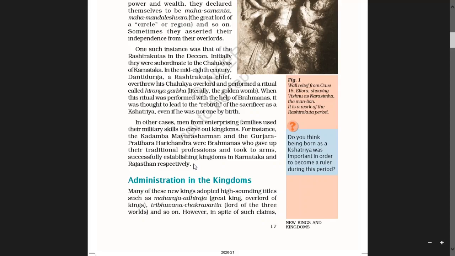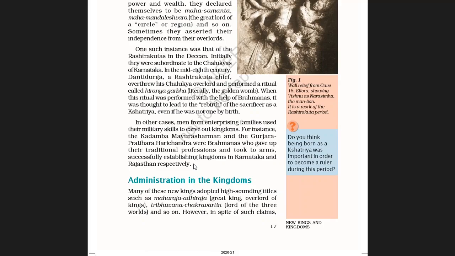See boys, there is no such thing that a Brahmin cannot become a ruler here. So it says here as example, the Kadamba Mayura Sharman and the Gurjara Pratihara Harichandra, they were Brahmins. They belonged to the Brahmin community, but they gave up their traditional professions. Traditional profession means a long established profession which they practiced from long back.